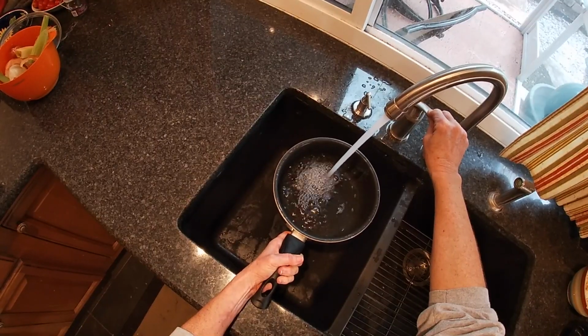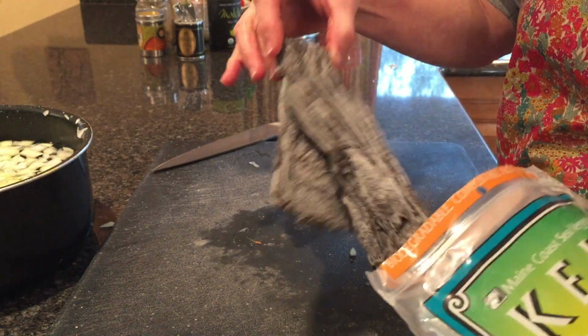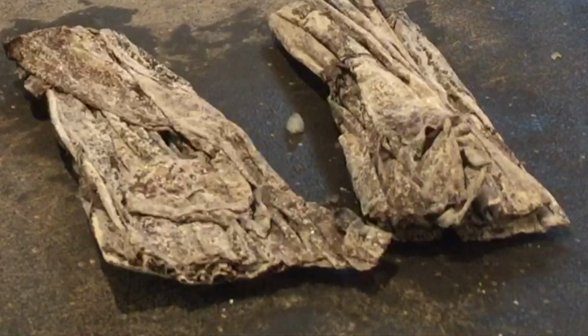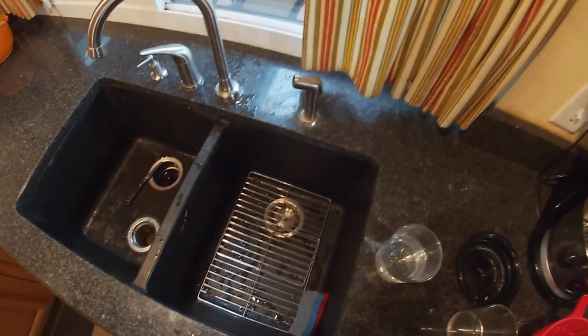So we'll fill the pot about 3/4 of the way full and then start dicing up the onion. We're gonna slam dunk it in the pot. Kobe! And then we're gonna pull out our nice fresh and green, actually never mind, our dry AF kelp. We'll crumble the kelp into the pot,